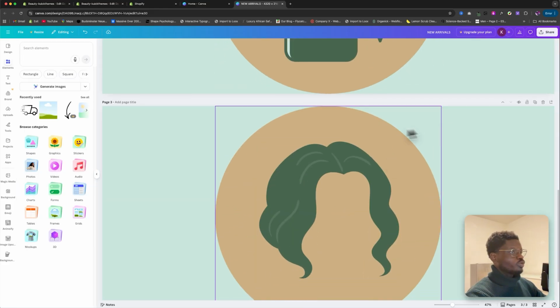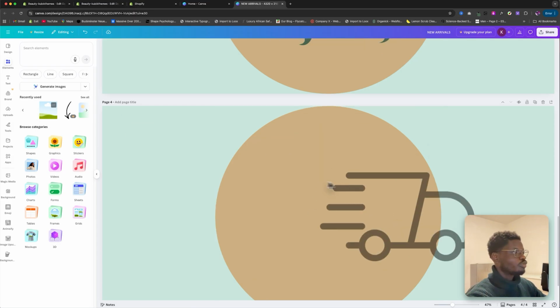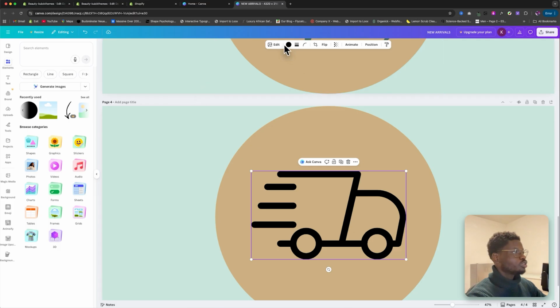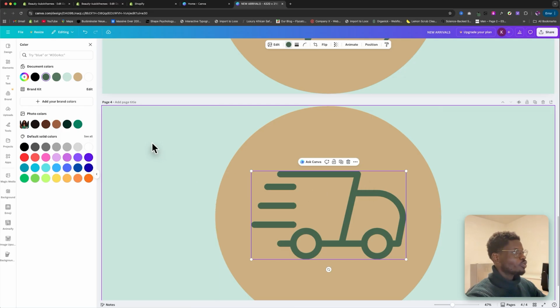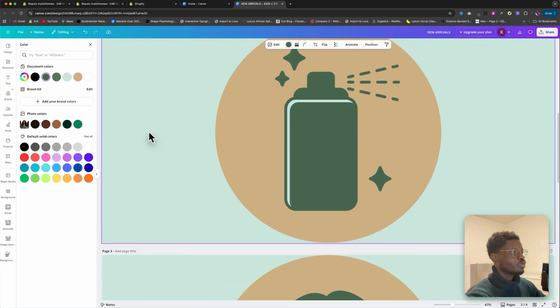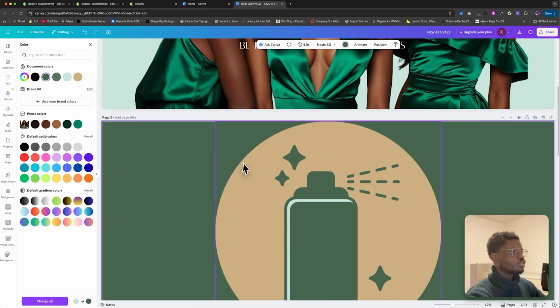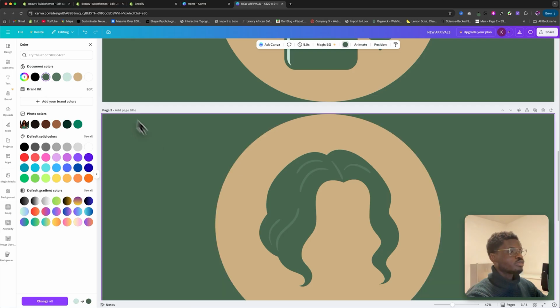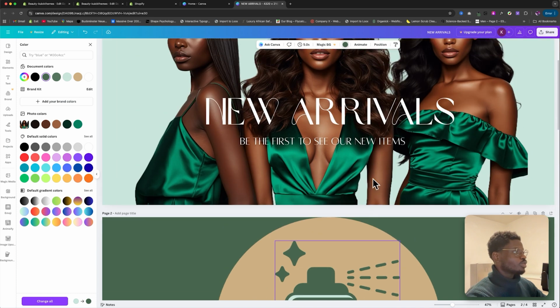So the last icon is the delivery van icon. We're gonna duplicate this icon, and then we are going to change the icon to delivery van, and we're going to change the color of the delivery van to dark green. Yeah, and that's all. And then I want to change the background colors of this to dark green as well, this to dark green, this also to dark green. And then you export the 3